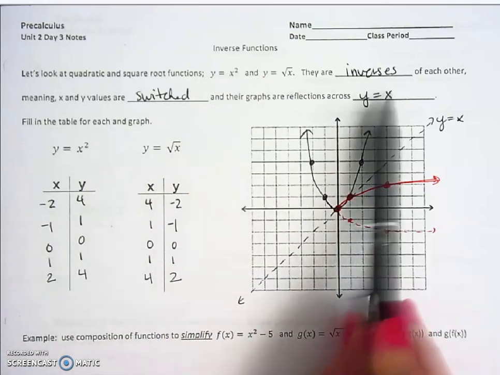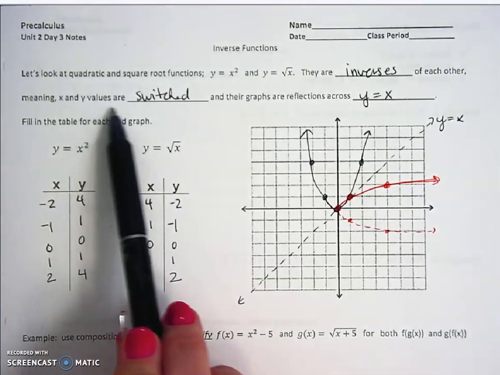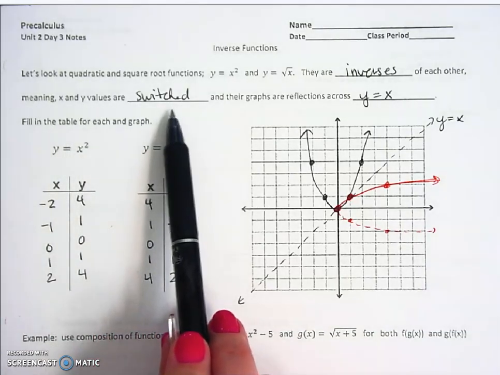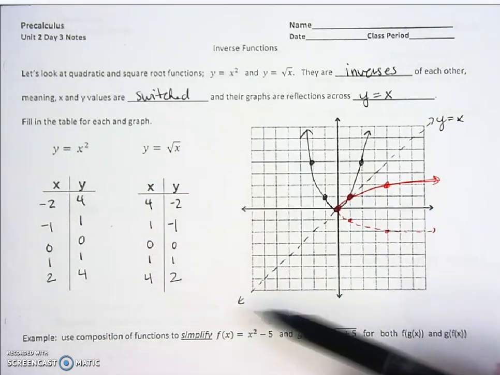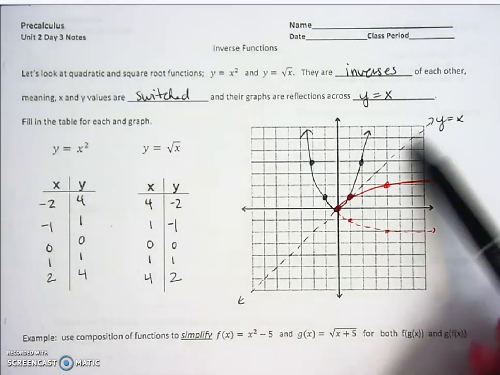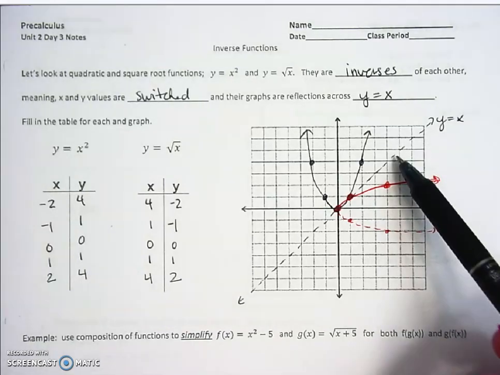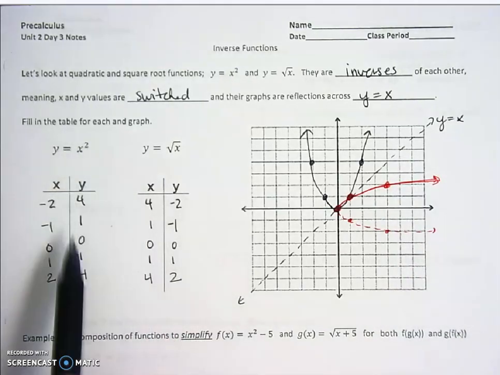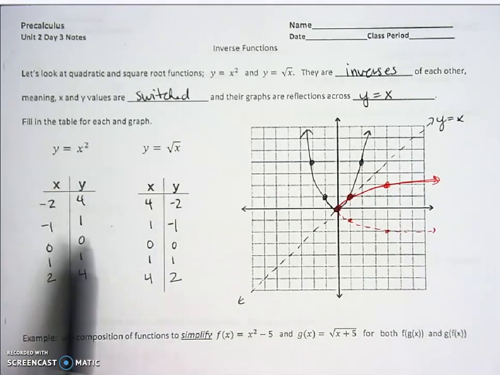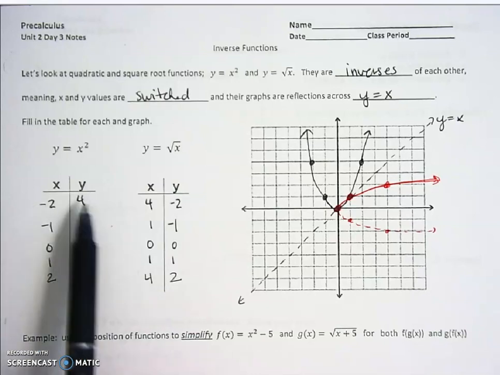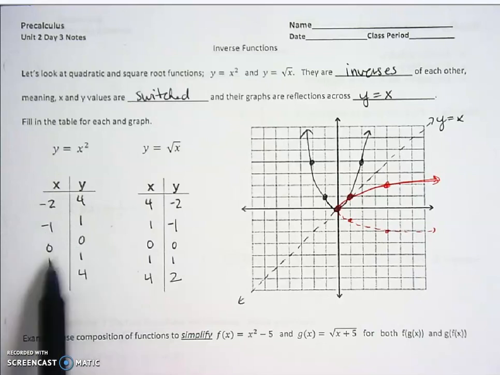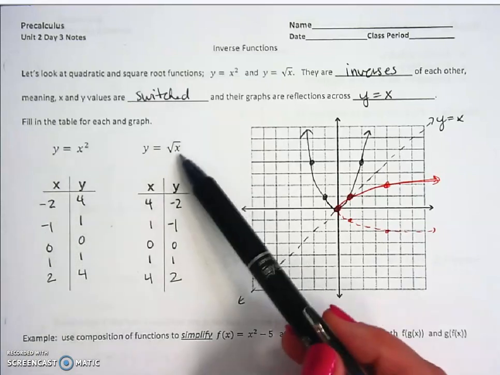They are inverses of each other, meaning that their x and y values are switched. And their graphs are reflections across the line y equals x. So this has been reflected over here across this line. And it says fill in the table for each graph. So here are my domain and range for x squared. And then if you literally just flip these two columns, you get the x and y table for the square